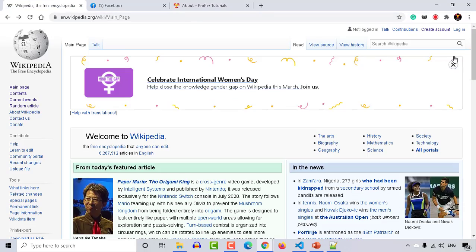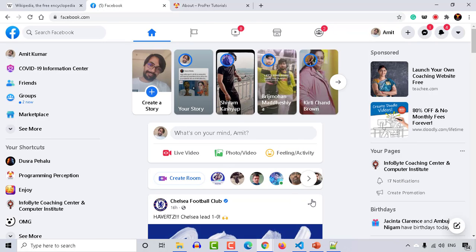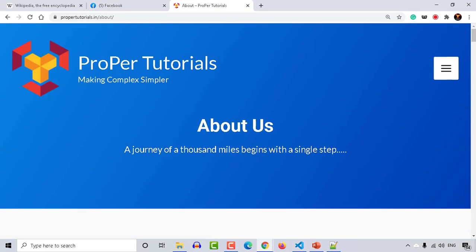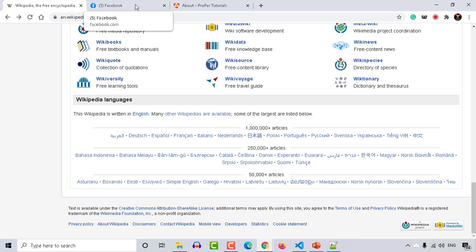Let me show you the footer of Wikipedia. Let's go down and here you can see the footer. They are providing the logo and various other information, privacy policy, and plenty of other things. It's not possible to show you the footer of Facebook because it will just scroll down with all the posts. Now let me show you the footer of our website. If you scroll down, you can easily see the copyright information, the links to our Facebook and YouTube pages, our logo, and just a heading. Similar to this, you can have different kinds of footers, but all websites have these common sections always with them.